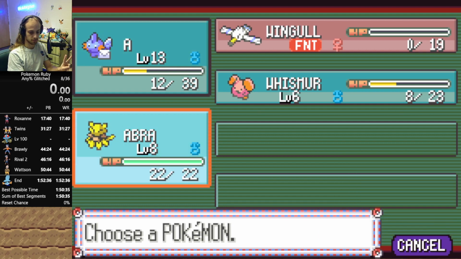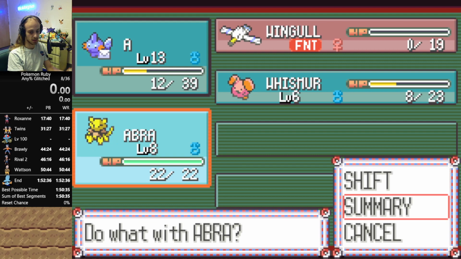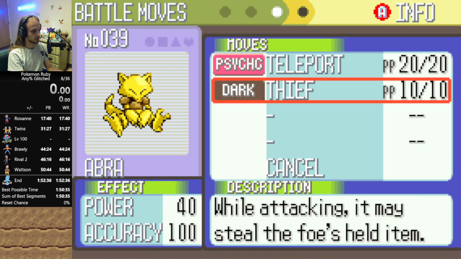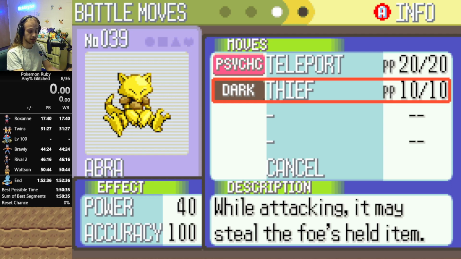That is component number 2. So 1, double battle. 2, Pokemon holding mail. 3 is a Pokemon not holding an item, and it needs to have Thief, which is very easy to get in Slateport in the museum. If you're in post-game and the guy isn't there anymore, or you taught Thief to someone else and taught over it, you can also use Covet,